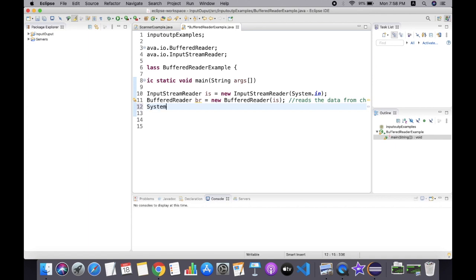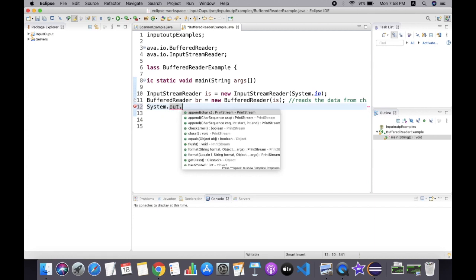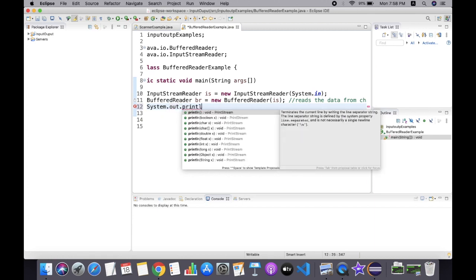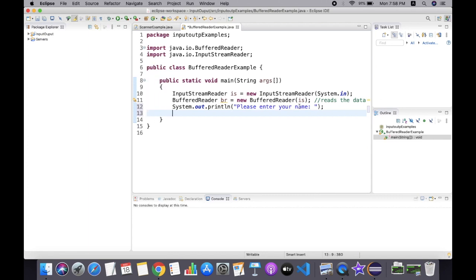Let's prompt the user to enter their name. As we saw in the Scanner class, there are nextInt and nextFloat methods to accept various types of integer and float values.